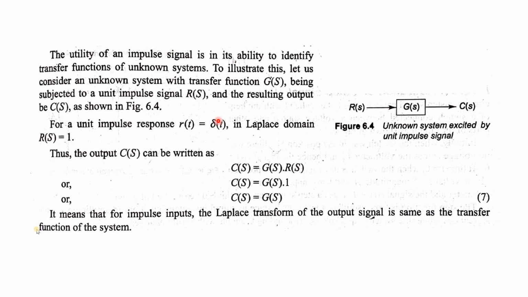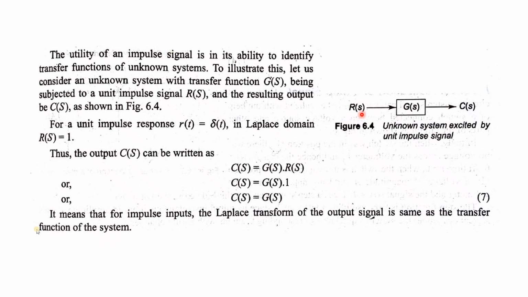So the input, this unit impulse signal, is r(t) equals delta(t). Why unit? Unit means after Laplace transform it becomes 1. It has magnitude 1. So the output will be C(s) equals G(s) R(s). If R(s) is 1, then C(s) will be equal to G(s). It means that for the impulse input, the Laplace transform of the output signal is the same as the transfer function